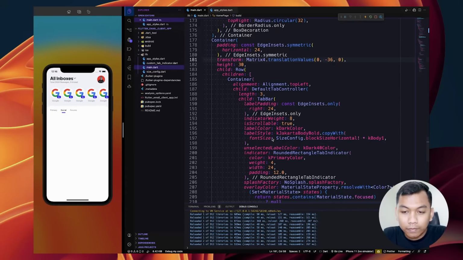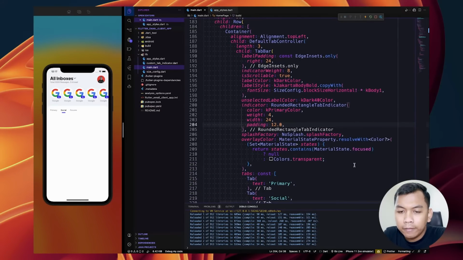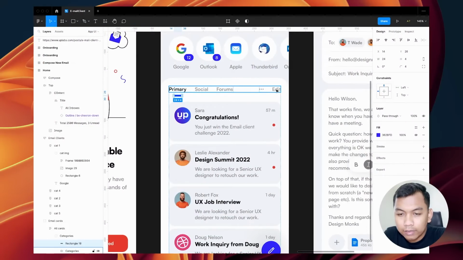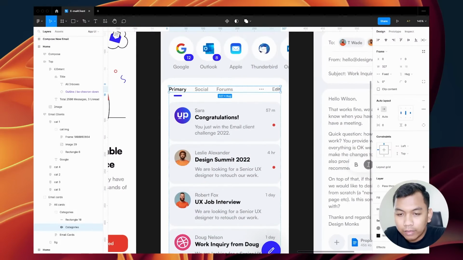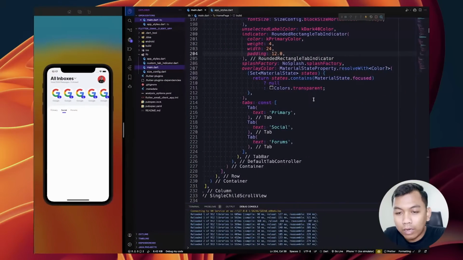Alright. Look like this. And the next we need to add this text widget and also more icon.